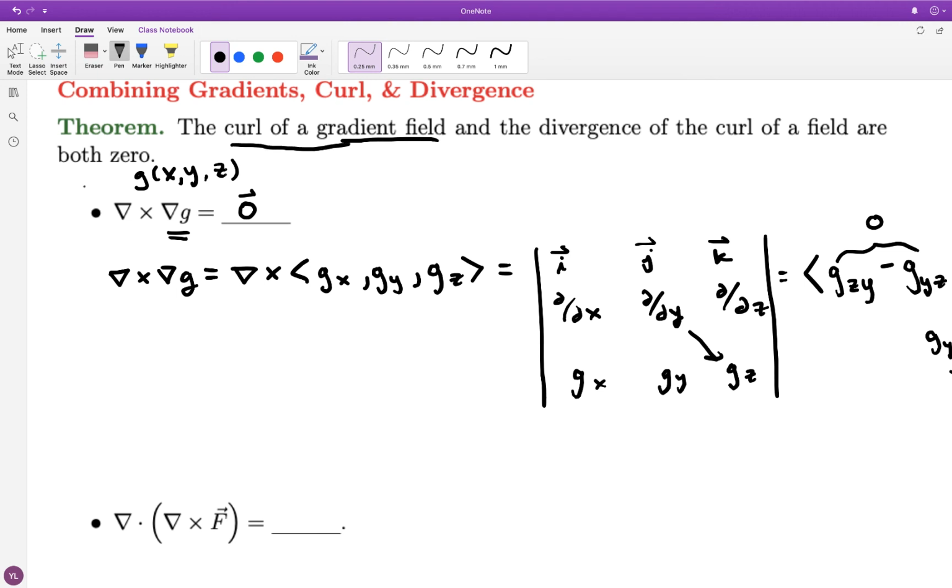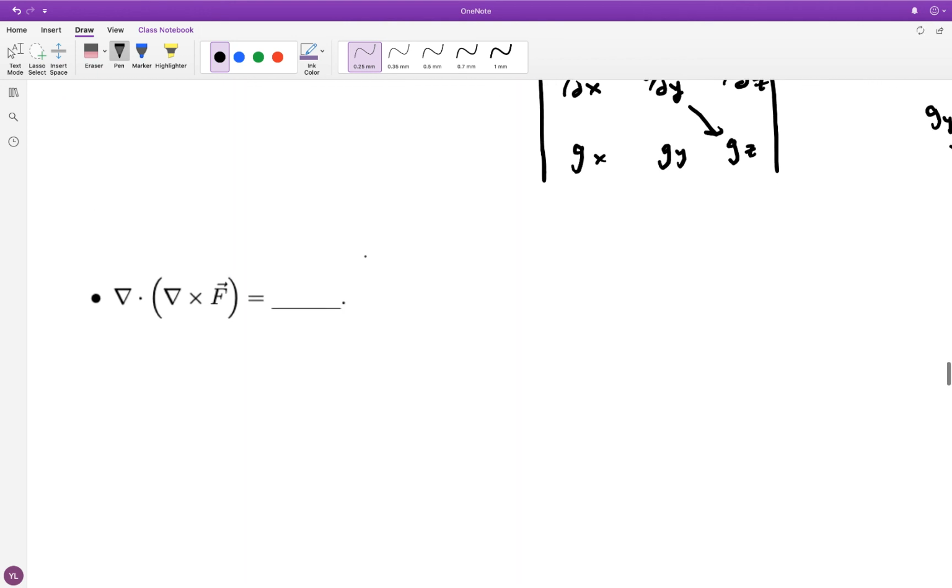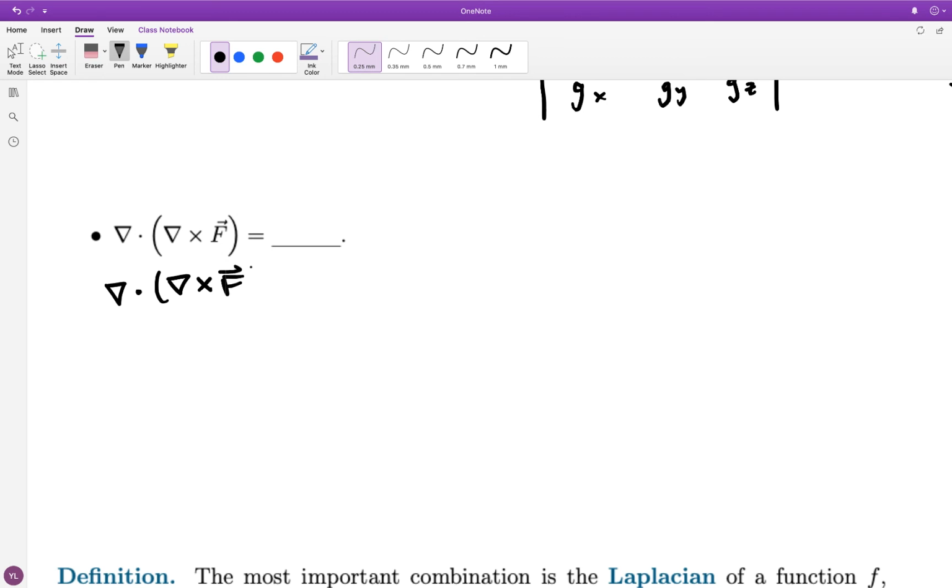The curl of the gradient field is 0, and it turns out that this other computation I'm going to do, the divergence of the curl of a vector field, is also 0. So let's verify that right here. So start with a vector field F, compute its curl, and then compute its divergence. Okay, so the curl is,